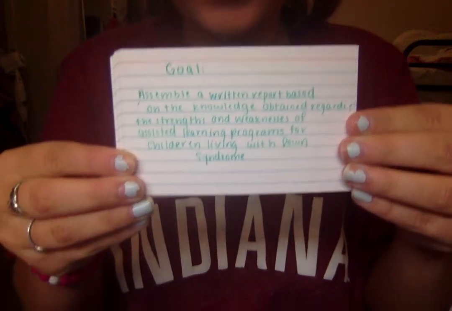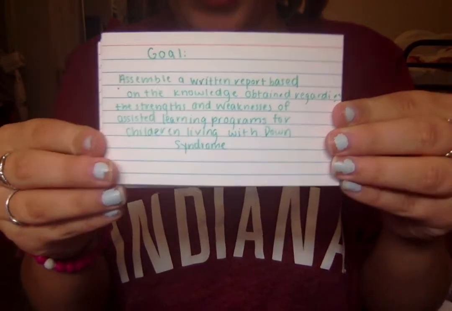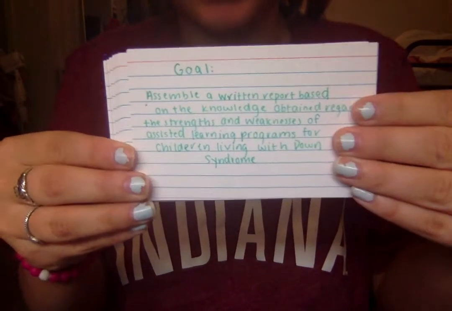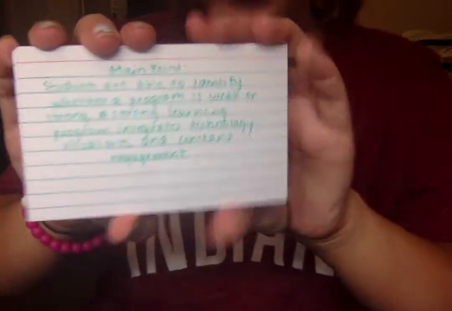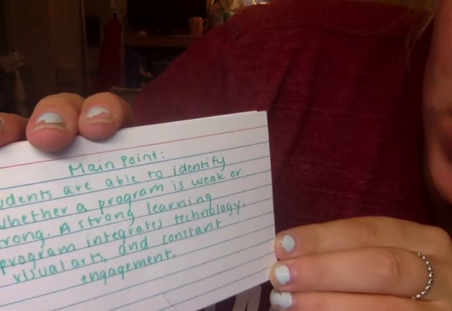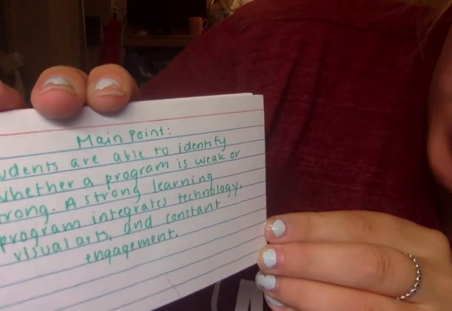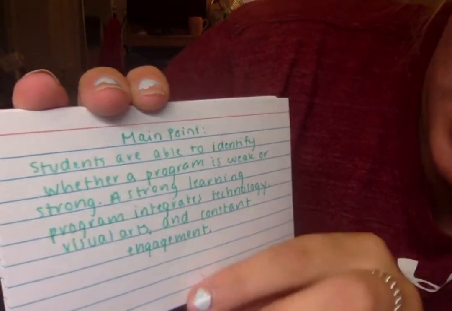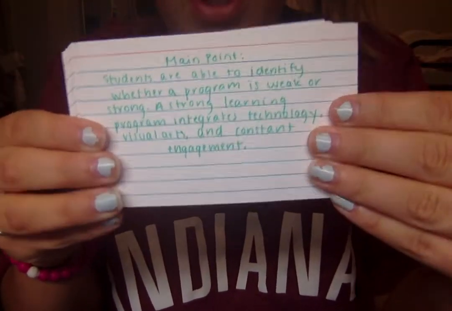The main goal of this lesson is to create an assisted learning program with a written report that the student will be able to present to the class. The first main point, or the learning objective, number one, is students are going to be able to identify whether a program is weak or strong. A strong learning program integrates technology, visual arts, and constant engagement, and these are going to be the three subpoints